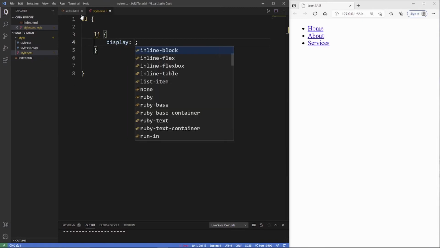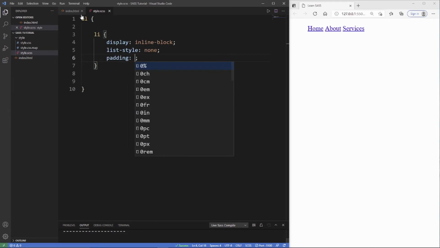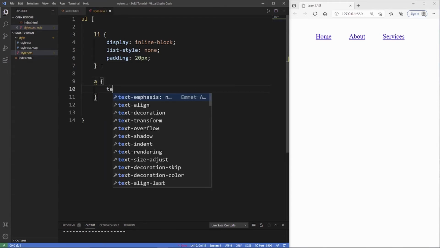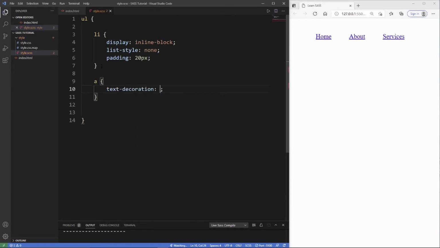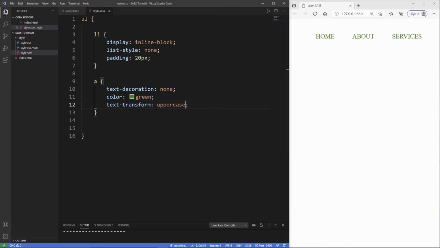So this display inline block, list style none, and let's just give him a bit of space. And then underneath this, so we're still inside the UL here, so we're nested inside the UL. We can grab the anchor tags, a, text decoration none, change the color to green, and let's give him a text transform of uppercase. And you can see we get the exact same styling as if we were using normal CSS,